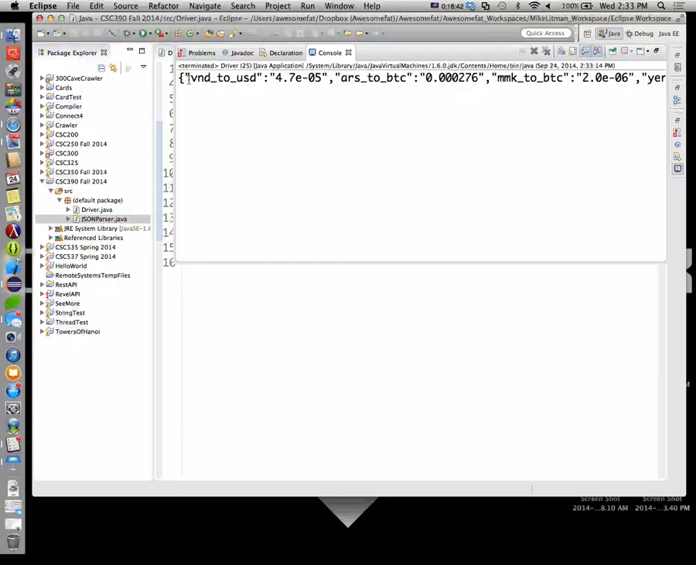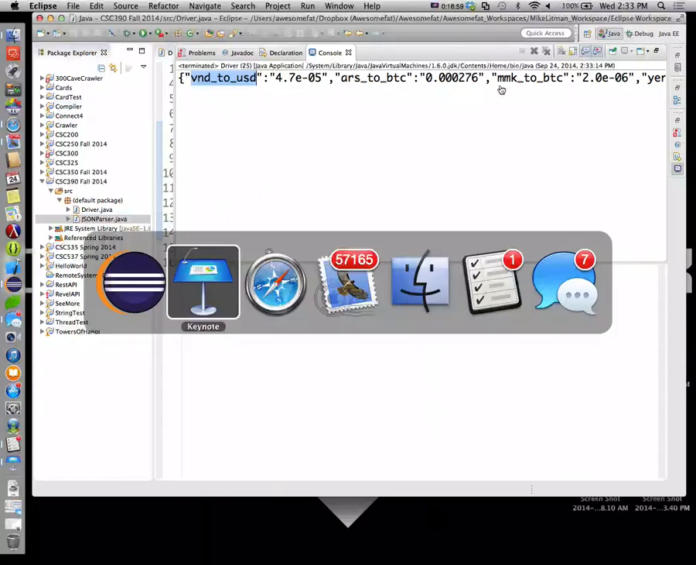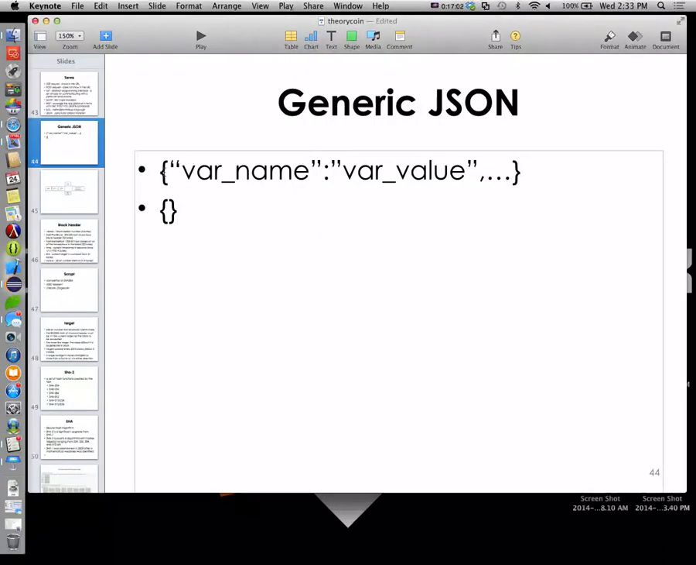Now we want to start displaying maybe VND to US dollars equals this, then kick it down the line. ARS to BTC equals this, then kick it down the line, proving that we can extract those values from the JSON. Okay? Now, if we go back and look at our generic representation here, the very first thing that we need to do is we need to peel off the outer layer of curly braces. The opening curly brace and the ending curly brace are unnecessary. It's part of the data representation, but when we peel that off,